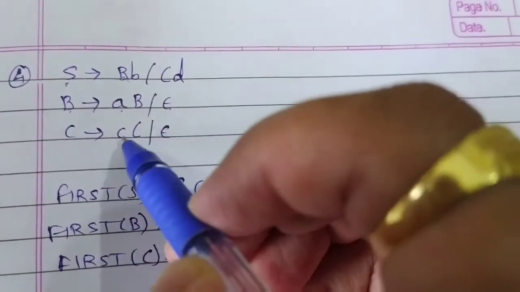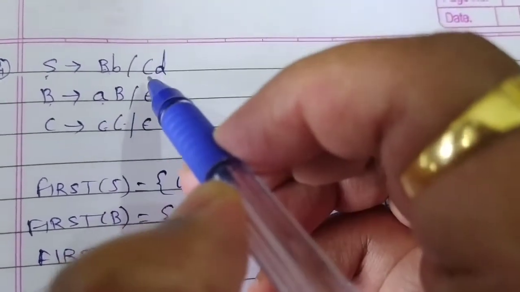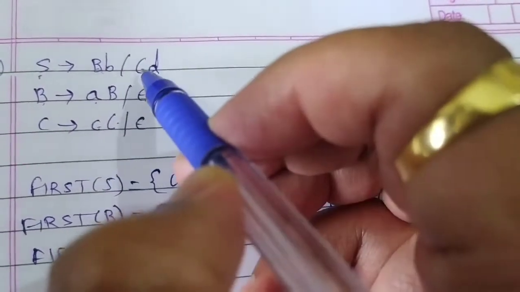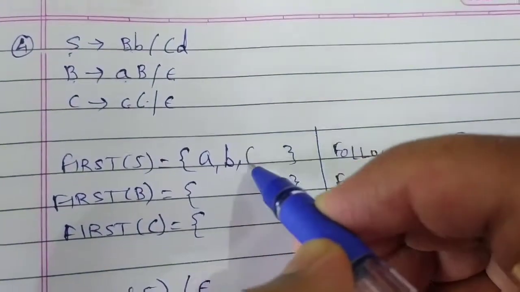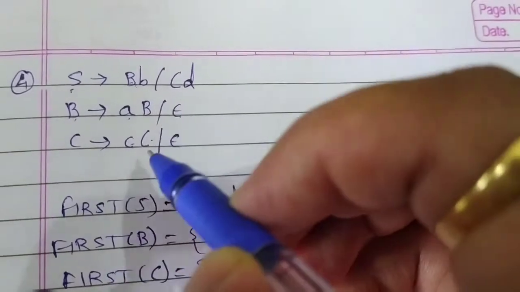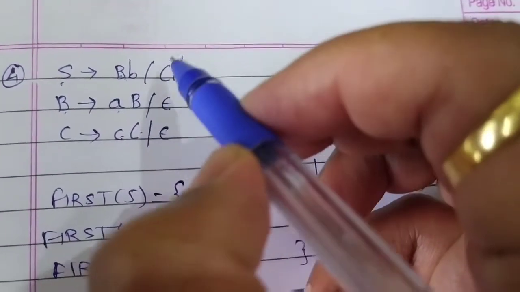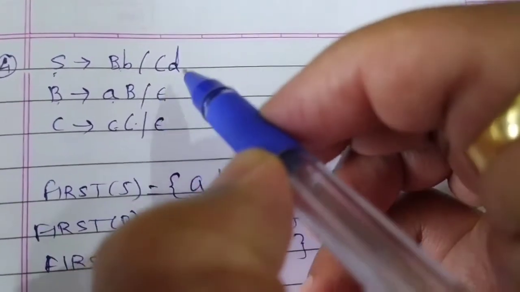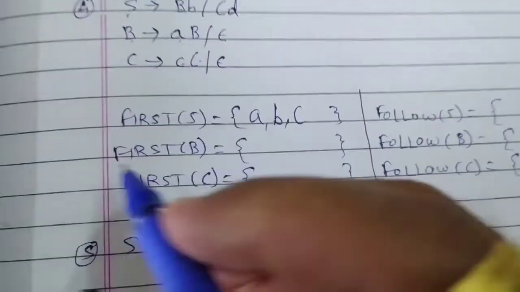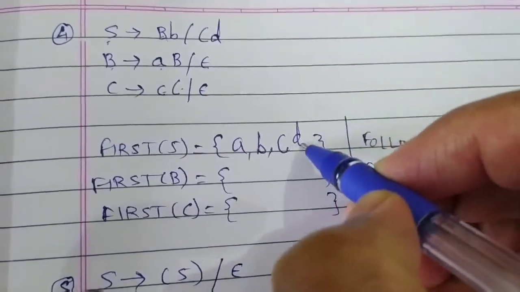For C we can put small c and capital C. So if you put small c and capital C here, it will become small c. Then you can put epsilon for this capital C. So if you put epsilon there, it will get removed. So there will be D. So it will become D.